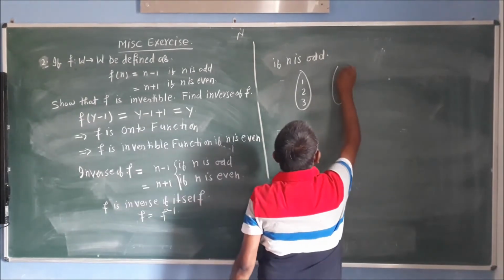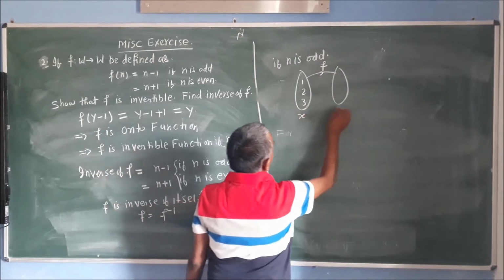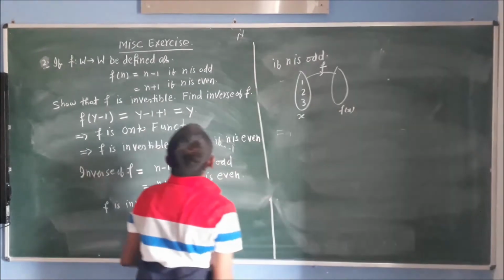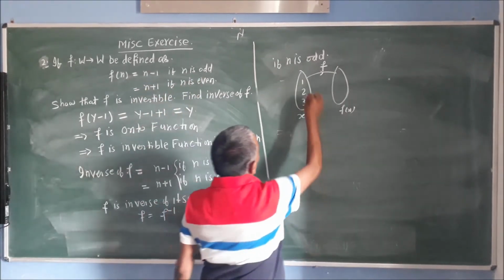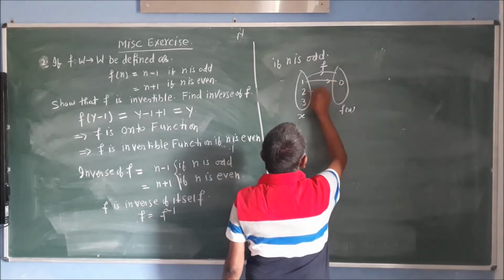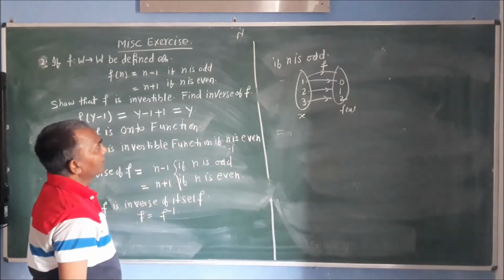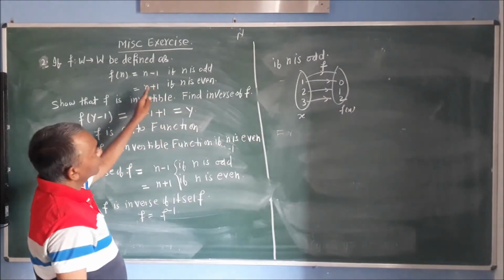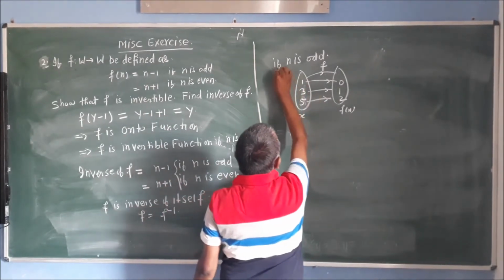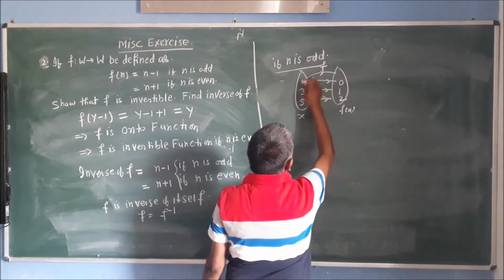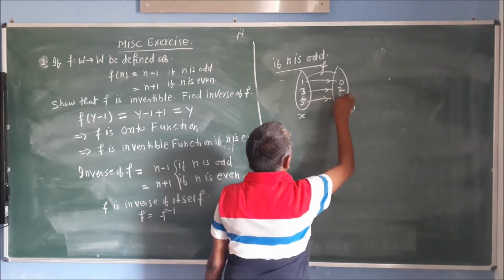And after that, we have to find fx. So this is your x and this is your fx. If the condition is given that if n is odd, then fn will be n minus 1. So 1 is related to 0, 2 is related to 1, and 3 is related to 2. Again, see, sorry, this is wrong. Take odd numbers 1, 3 and 5. If n is odd, take odd numbers 1, 3, 5. 1 is related to 0, 3 is related to 2, and 5 is related to 4.